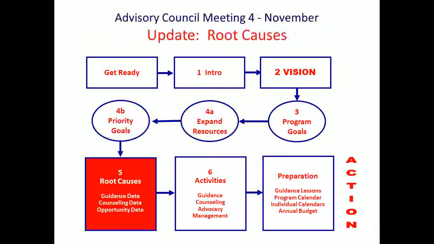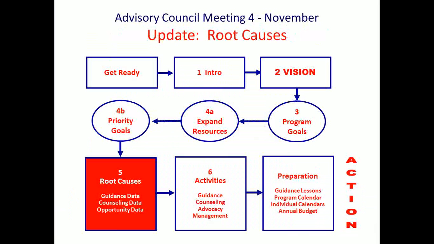And then at our last meeting, we worked to figure out why aren't kids making the choices that we want them to make in those priority goals areas. And we identified those as our root causes. So our root causes are the areas that are influencing or impacting the priority goals. The root causes are probably something that have to do with guidance. If students don't have the knowledge or the information that they need to make the choices that we want them to make in our priority goals, or they have a social personal issue that's getting in the way, or maybe we just haven't even given them the opportunity to reach those goals.